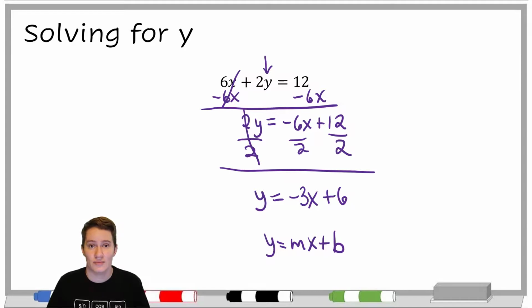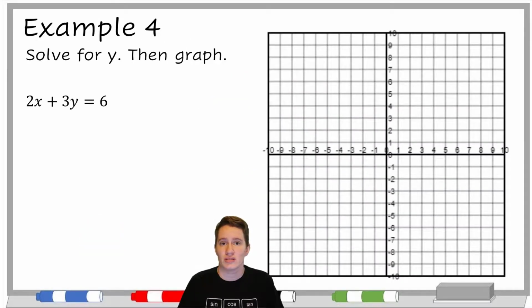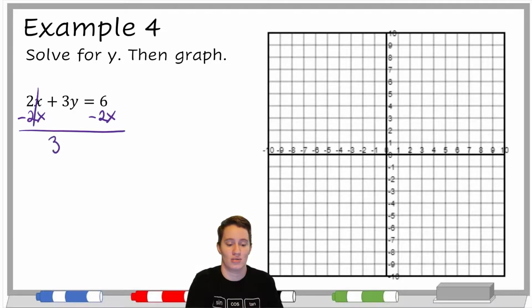So let's actually do that. 2x plus 3y equals 6. So it says solve for y then graph, so that's what we're going to do. We are going to always start by moving the x over to the other side. So since this is a positive 2x, I'm going to subtract 2x over to the other side and get 3y equals negative 2x plus 6. We're going to divide everything by 3